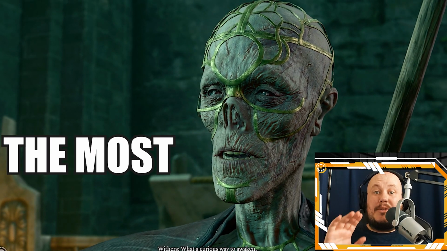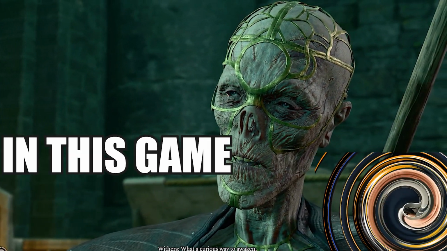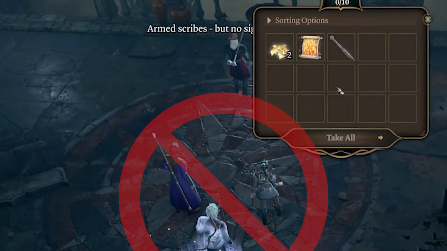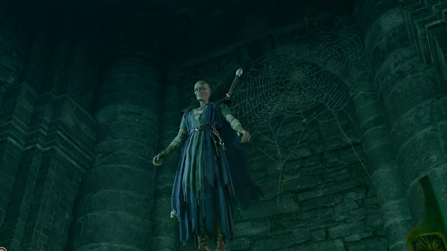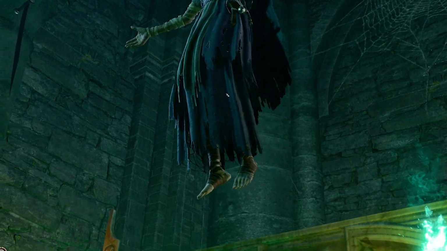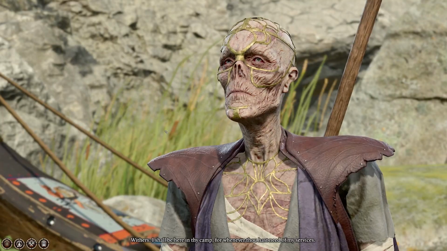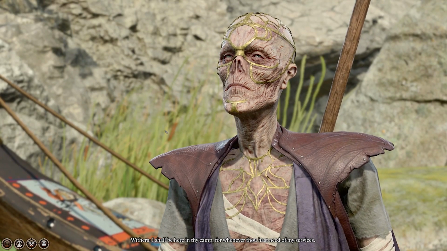Withers is definitely the most useful companion that you could get in this game, but he has to be unlocked to be able to get him to show up in your camp. He's not a standard companion, he doesn't join you in adventures, he's instead a very powerful kind of lich type creature. We're not entirely sure at this point, but he is a powerful ally that is able to bring